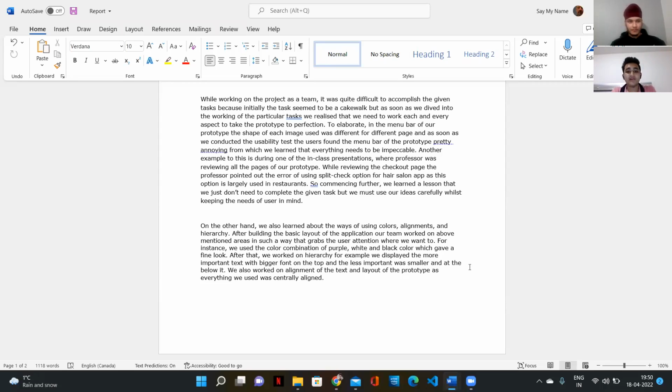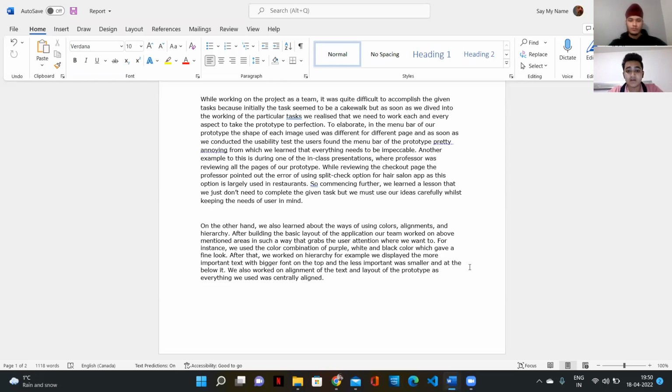After building the structure, we started working on the UI of the application. As per the usability test conducted, the users pointed out that the color structure and the hierarchy were not very good. It was not very promising. So we started working on those. We changed the color alignments and the hierarchy of the structure. The top colors were different, so that the user's attention is directed where we want it to be.